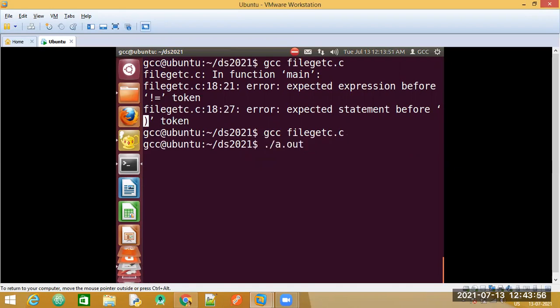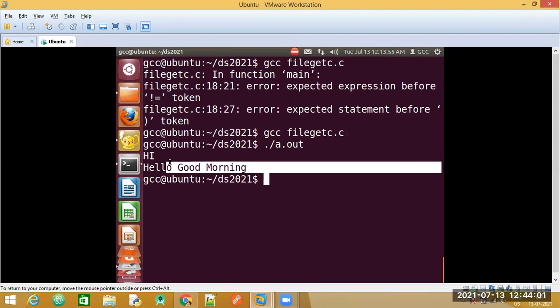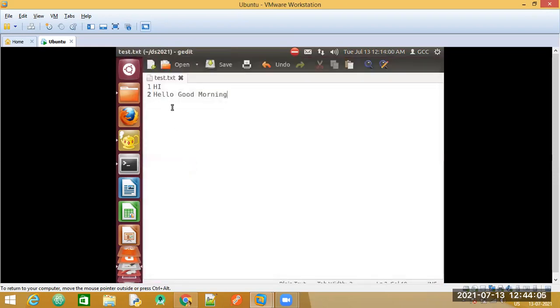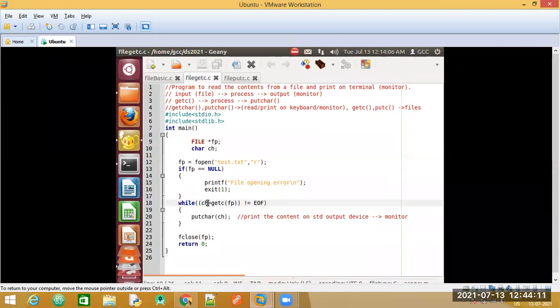Yes. So once we execute it, you can see the contents of this particular text file, that is test.txt, are read one by one, and one by one they are printed with the help of this putchar. So first time H is going to be stored in this.